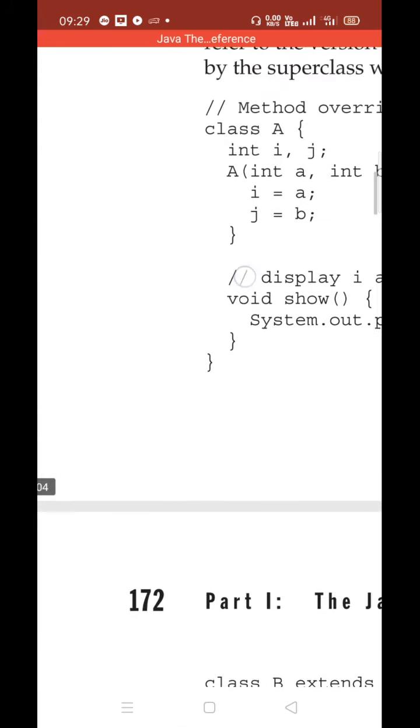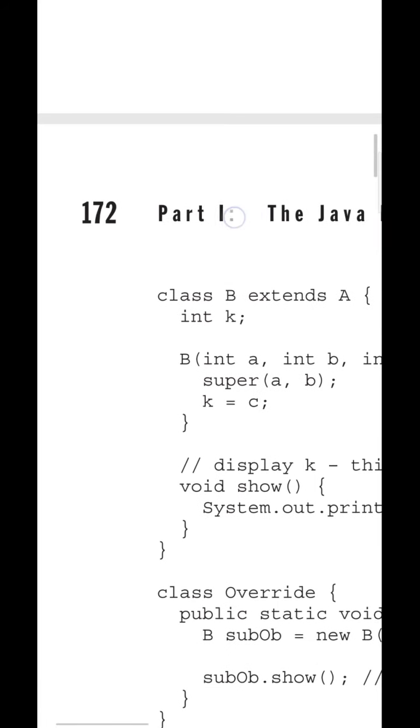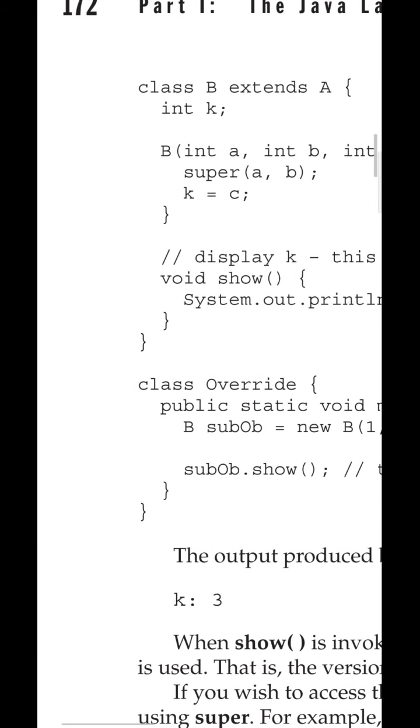Whenever you are talking about overriding, you have to have the class hierarchy. Hierarchy in the sense, the concept of inheritance is a must. So one child class at least you have to define. One parent and one child refers to single inheritance, okay, and multi-level refers to a grandparent, parent as well as child should be there. Then we call it the multi-level inheritance.